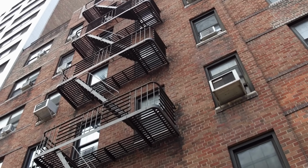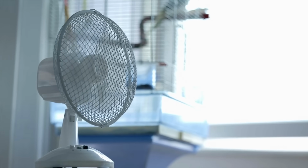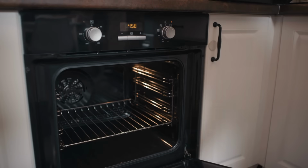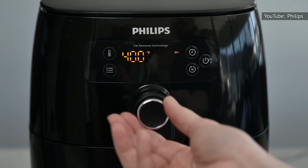Maybe you live in a big city in a small space, or maybe you don't have central air conditioning, and the thought of turning on your oven in the middle of the summer sounds laughable. Whatever the case may be, using an oven on a regular basis may just not work for you. And if that's the case, you may be happy to learn that an air fryer can essentially replace an oven